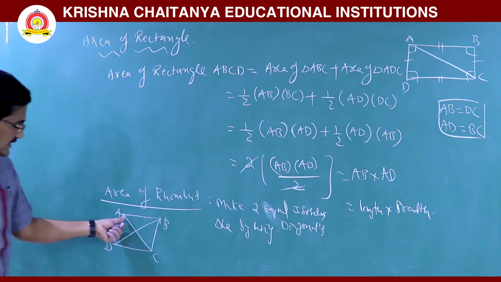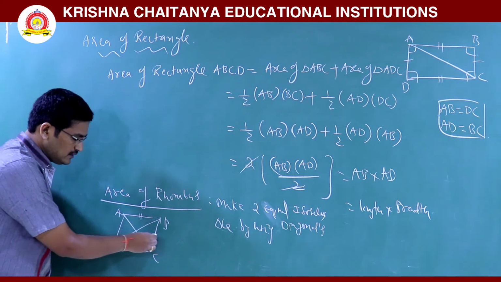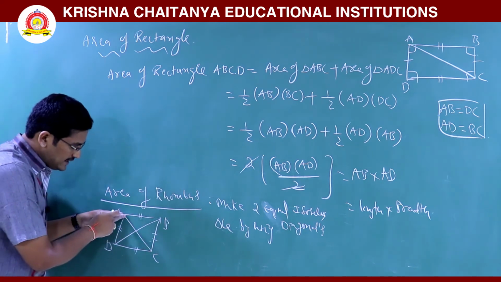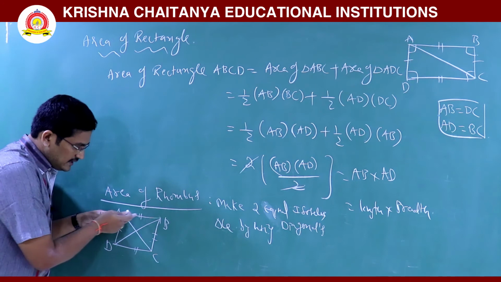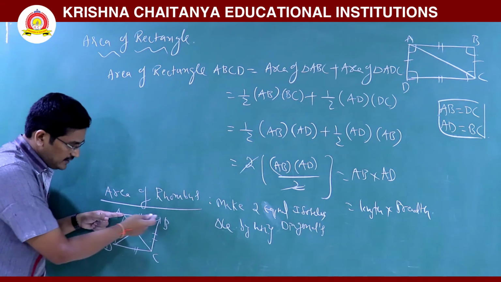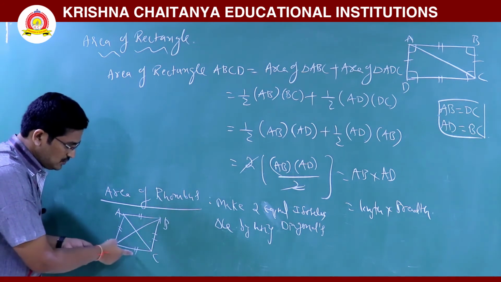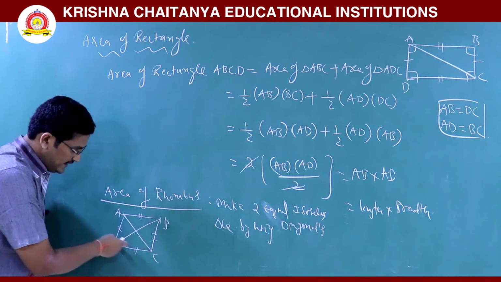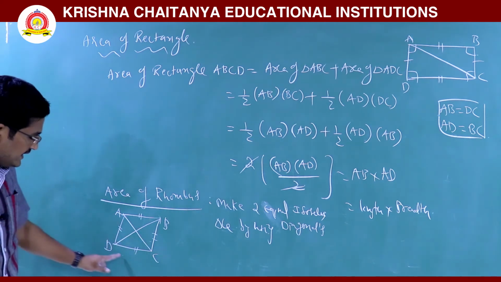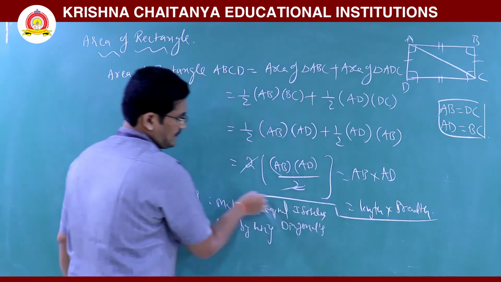So using this diagonal in the rhombus, already you know four sides should be equal. So this length equals this length, this length equals this one, four sides should be equal. Suppose I am taking the triangle ABC here, these two lengths of this triangle are equal, so we have to take this one as an isosceles triangle. In a similar way, in ADC, these two are equal, so we take this one as one more isosceles triangle. So triangle ABC is one isosceles triangle, triangle ADC is one isosceles triangle, you know.